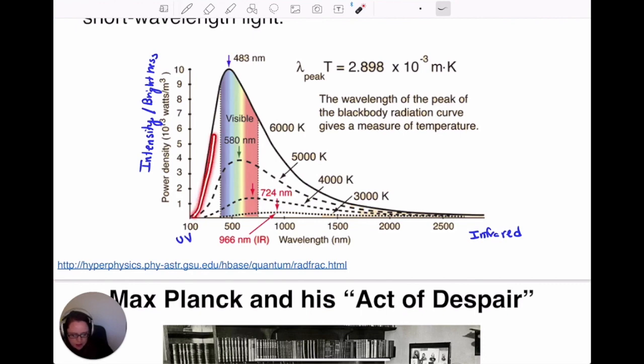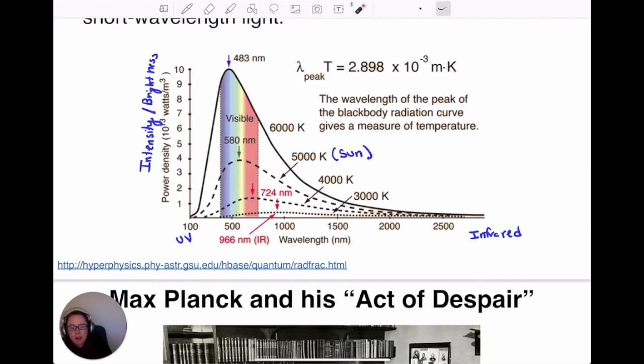The solid line is at 6,000 Kelvin. The long dashed line is at 5,000 Kelvin. So this is similar to our sun. And then we also have 4,000 Kelvin in the short dashes, and then 3,000 Kelvin in the dots. So what we want to do is look at how these peaks or how these profiles change